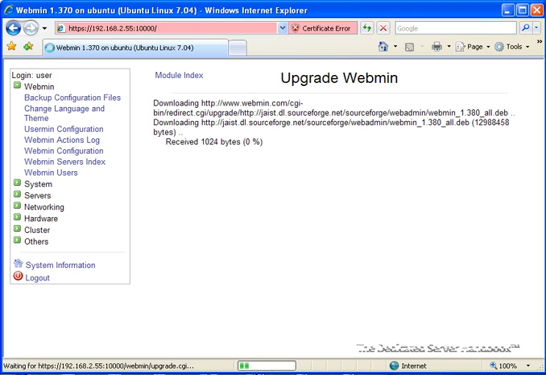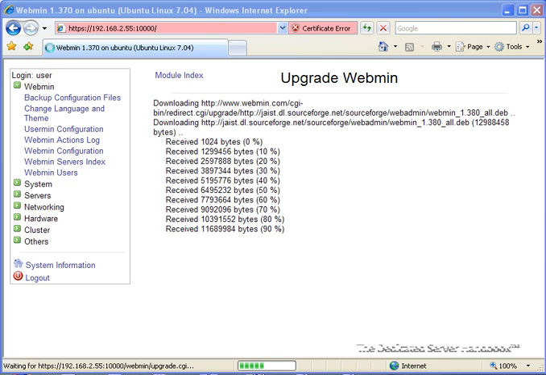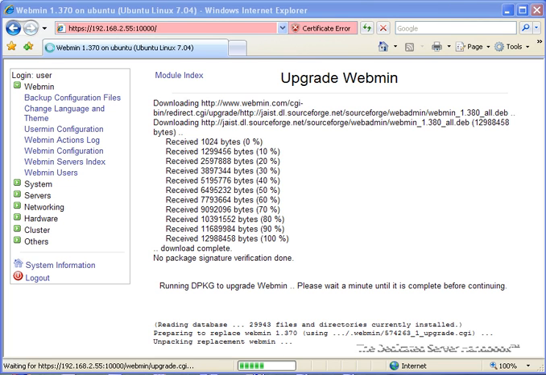And here it goes. It's downloading. And here we go. The system has finished downloading it, and it is now using the system's package manager